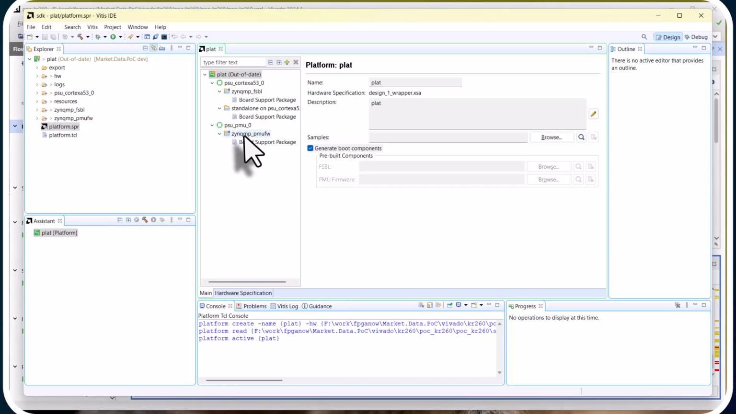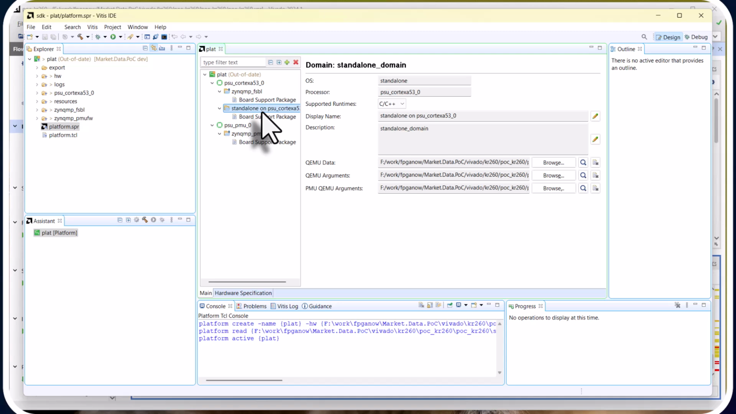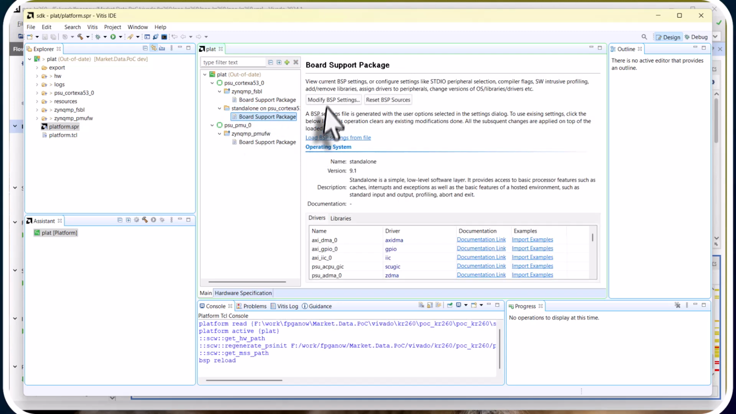All right, so now let's say you want to make a change to these things. So we have first stage bootloader, then we have the bare metal application we're going to run. This is for a different processor. I think it's, well, it says PMU for Platform Management Unit, but I'm not exactly sure what happens. Anyway, sometimes maybe working on something and you want to configure the board support package. So you go Modify BSP Settings,